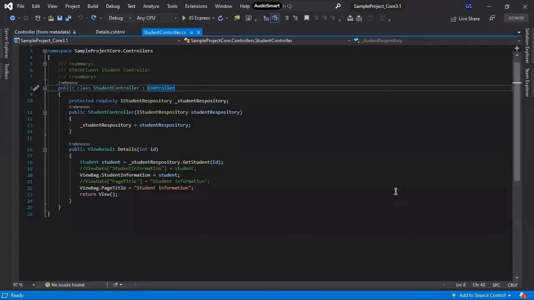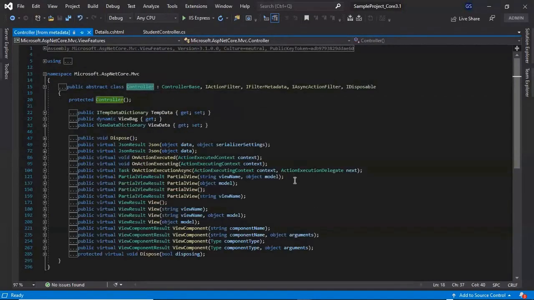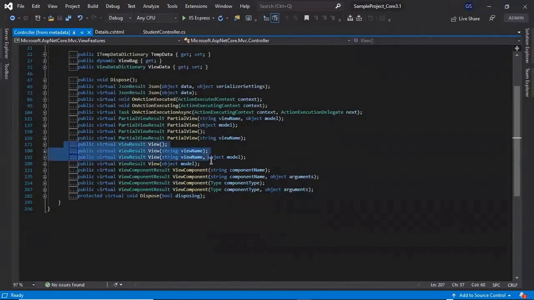So we are in the project which we have created for this video tutorial series. A view which is bound to a specific type of view model is called a strongly typed view. That means when we pass a model to a particular view with the help of the return View extension method, that view gets bound to the particular view model, and that view is called a strongly typed view. If you go to the definition of the Controller base class by pressing F12, you will find four overloaded extension methods of View, and two of them we already discussed in our previous video on understanding the view. In this video, we'll discuss these two methods: return View with the model, and return View with the view name and the model.